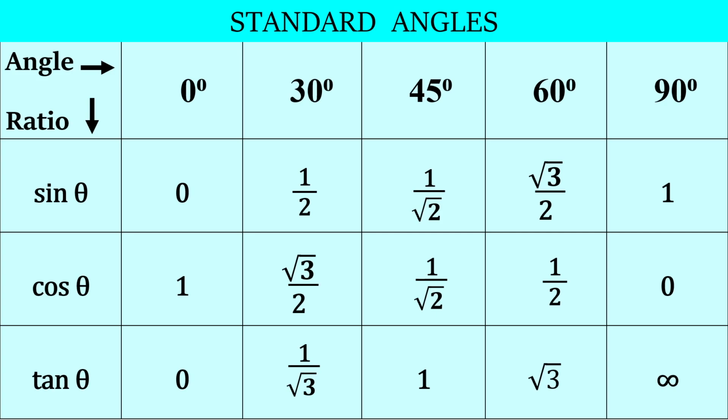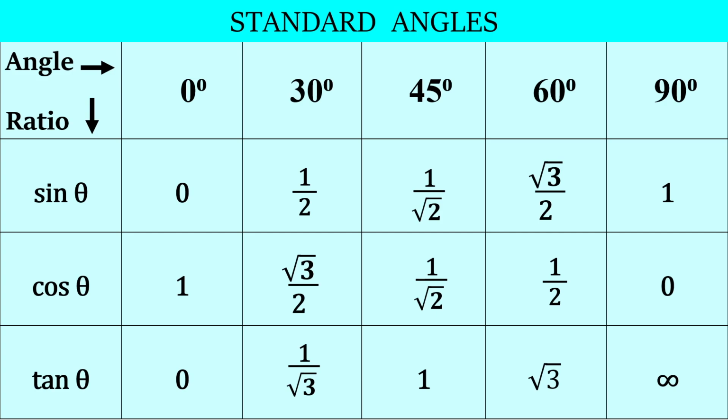We have to divide. Now for tan 30 degree, I know the value of sine 30 is 1 by 2. The value of cos 30 is root 3 by 2. 2 gets cancelled with 2 and I am left with 1 by root 3. Are you understanding? For the value of tan 45, I have written 1. How has this 1 come? Sine 45 degree upon cos 45 degree. 1 upon root 2 divided by 1 upon root 2 will give me 1.